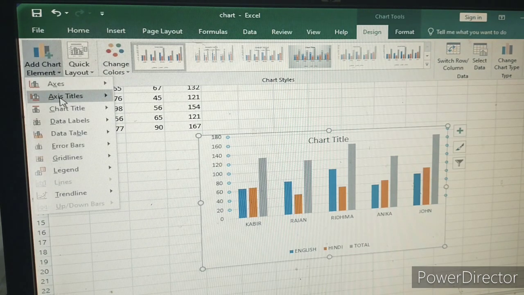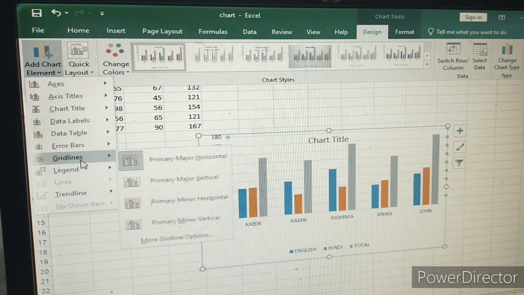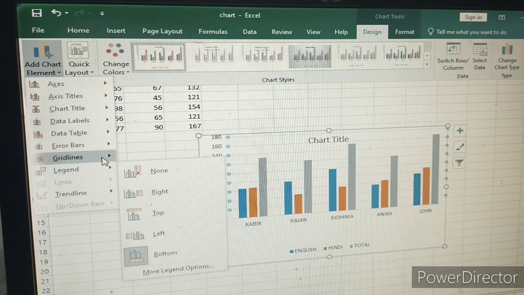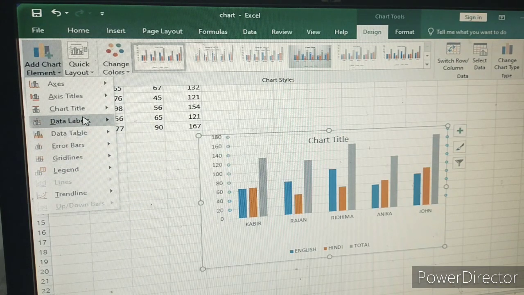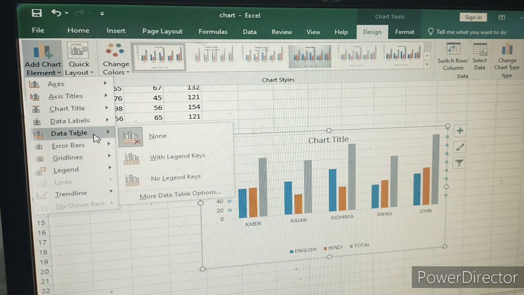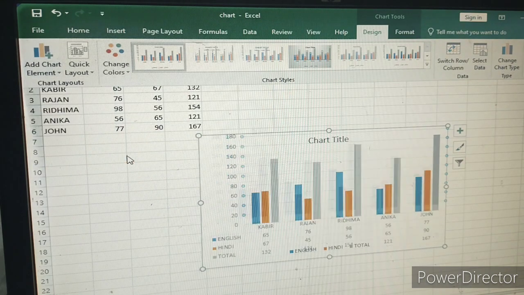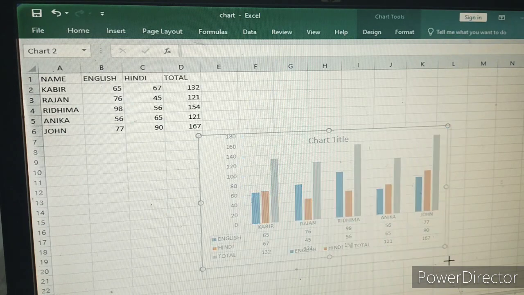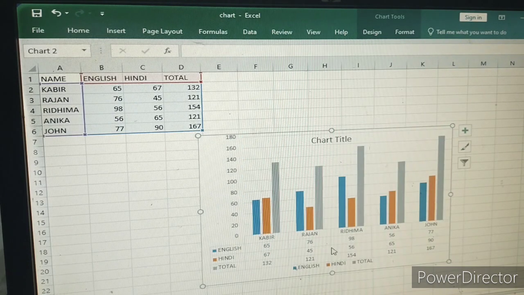With the help of chart elements we can add gridlines, legend, data table, data labels. Suppose you want to add a data table here. With the help of this we can add a data table also. Whatever data is there in your source data will be attached to the graph.